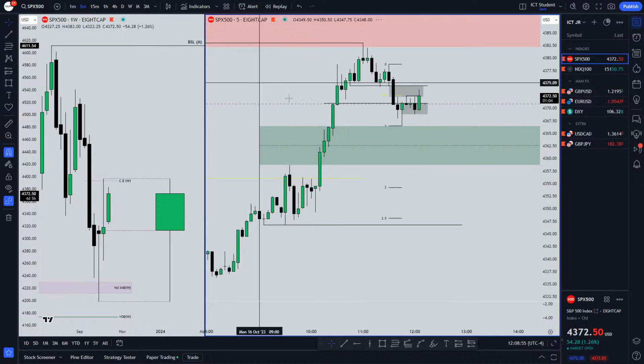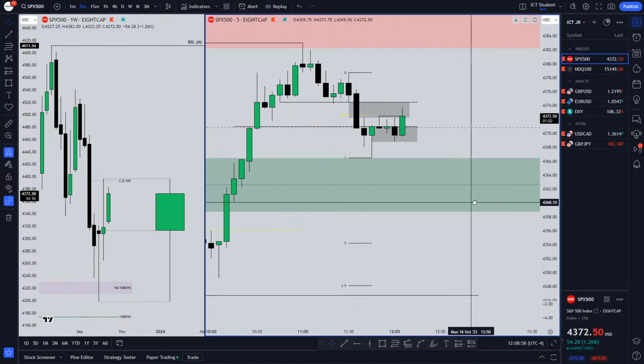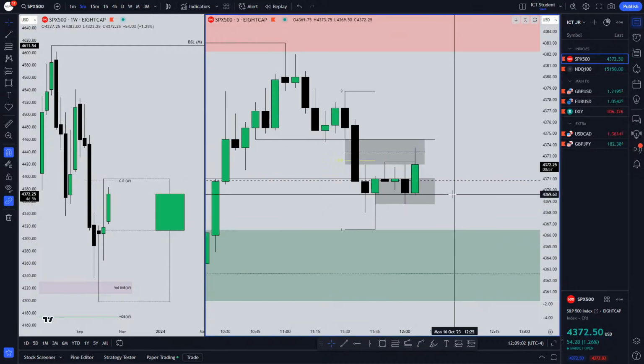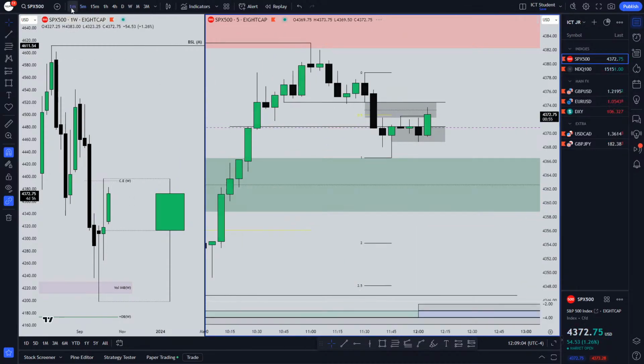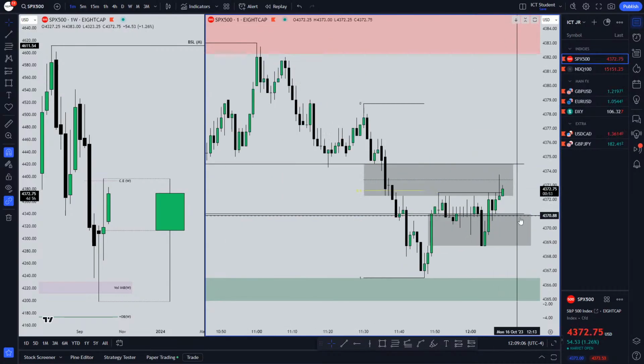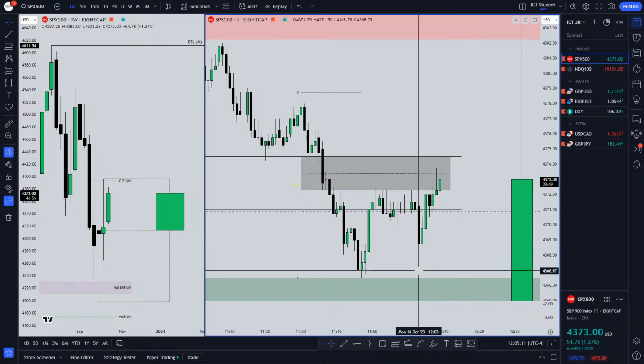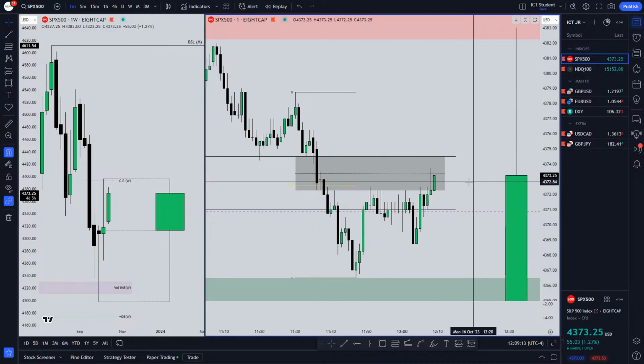Alright, so we're hitting that 5-minute sell side imbalance. We are seeming to reject it. Let's put the midline, yeah. And then we're inside the 15-minute inverse. That's kind of what I'm watching. Let me delete this one. Too much noise on this chart, man. So we are inside of a premium.